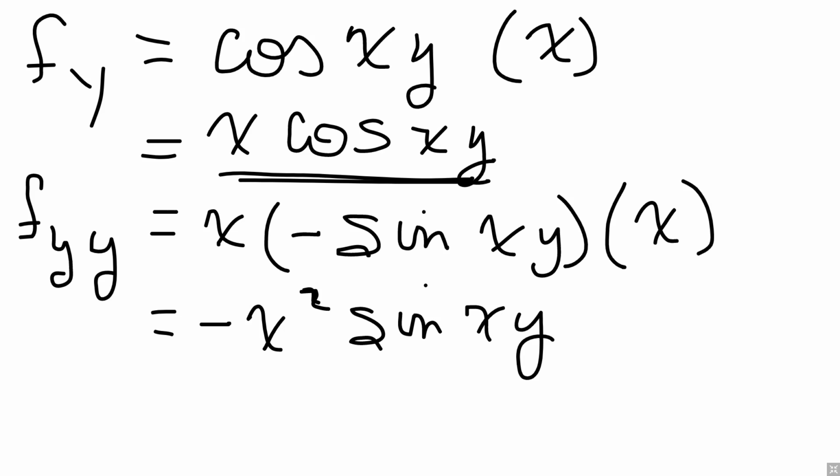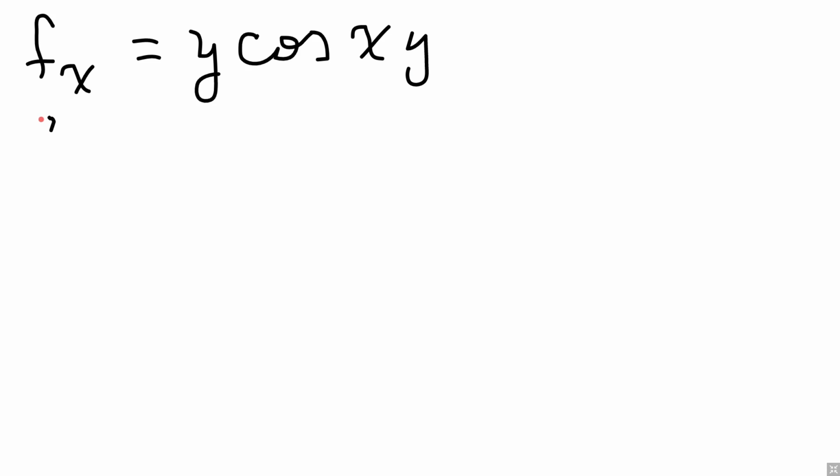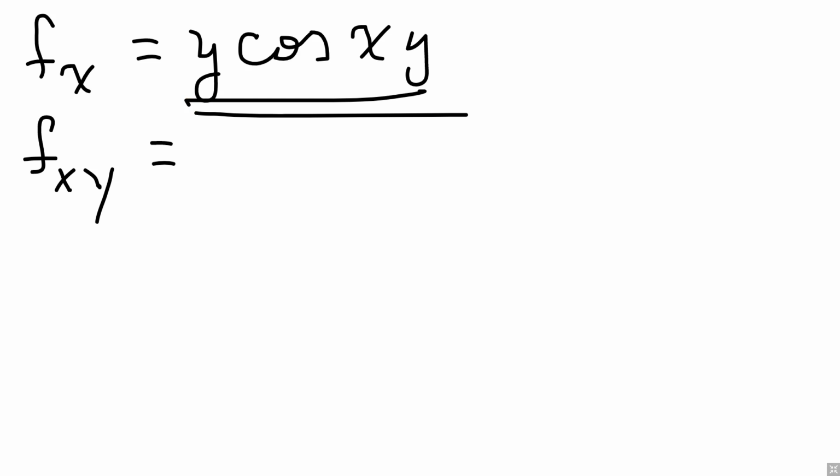Now, the only other thing that we're missing is the mixed partial. If we do the mixed partial, we've already done the partial with respect to x. We said the partial with respect to x is y times the cosine of xy. So now I'm going to take the derivative of that, but with respect to y. Keeping that in mind, that means y is now your variable. So in order to take the derivative of this, I'm going to have to use the product rule. I'm going to say first times the derivative of the second, which is going to be negative sine of the angle